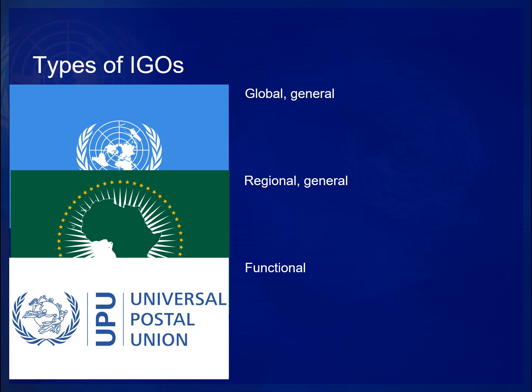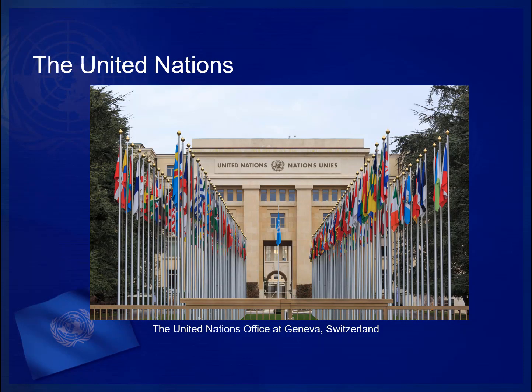Let's turn now to look at the United Nations in particular. As mentioned previously, the United Nations is the leading global intergovernmental organization in the world today, with 193 member states. It has a general mandate that encompasses a broad array of issues ranging from international peace and security to development to human rights. To accomplish its broad mandate, it is comprised of various specialized agencies and numerous subsidiary organizations. We'll return to these in a later video. But for now,